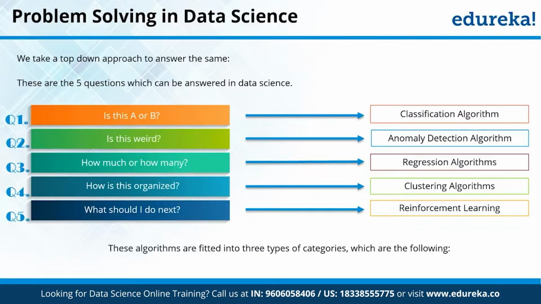And you can obviously ask questions of the how much or how many kind, right? For instance, if I am trying to predict the value of a property in my vicinity, there are hundreds of factors which will determine the value of a given property based on where I am living or where I am looking for that property. Things like the crime rate of that location, distance of educational institutions nearby, good shopping places and so on, right? Based on that, if you are able to design a model which can in very crisp terms predict the value of the property, rather than saying whether the property is worth buying or not,